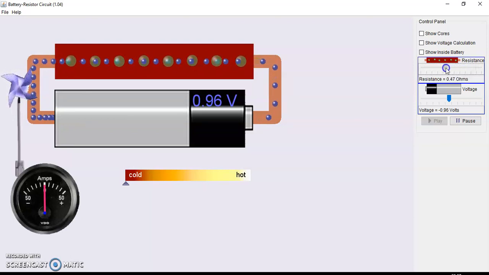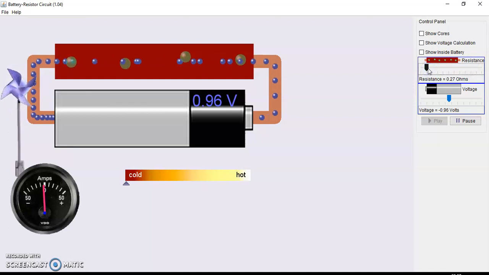So if I decrease the resistance, then what happens? They are showing here a lesser number of cores. Basically what they are trying to show is that a decrease in resistance will occur whenever the number of collisions of the electrons is reduced. The collisions of electrons are the basic cause of resistance, and by any means, if we decrease that frequency of collisions, we are actually decreasing the resistance, and so on. Okay, so let us see.